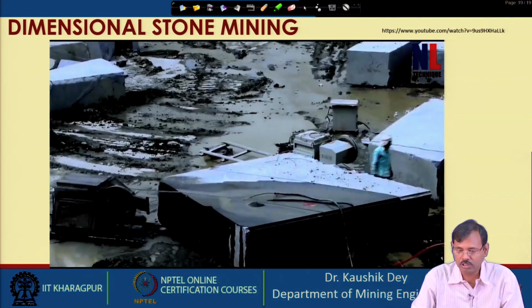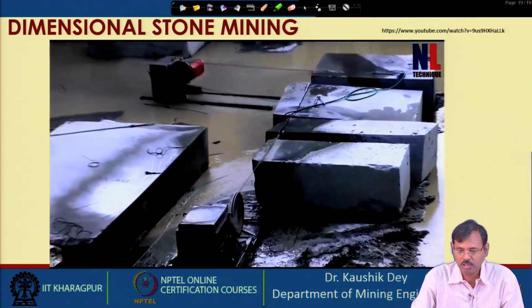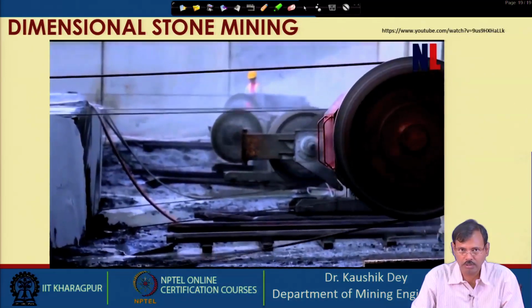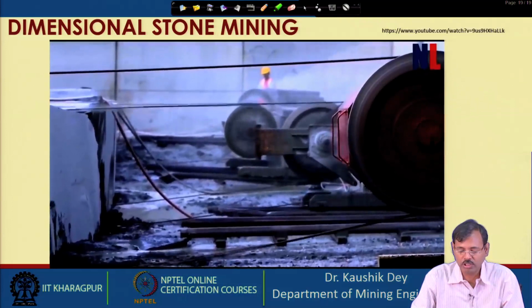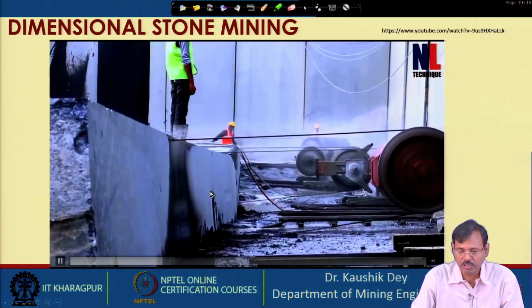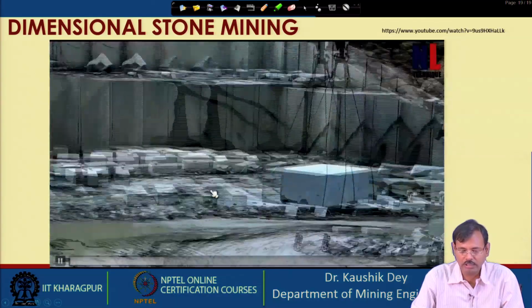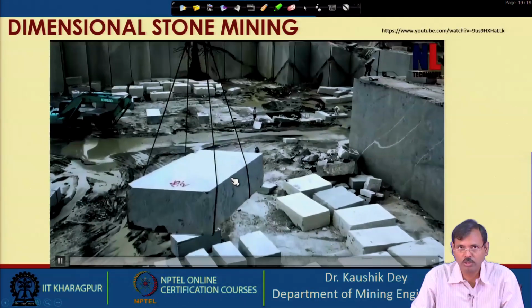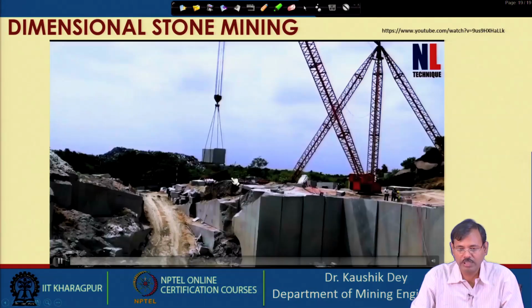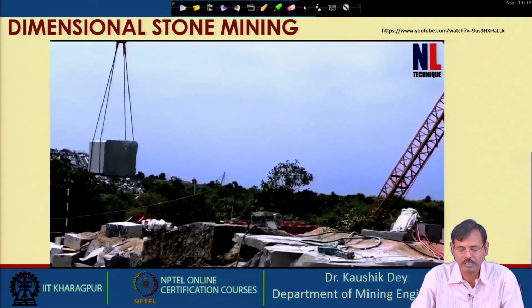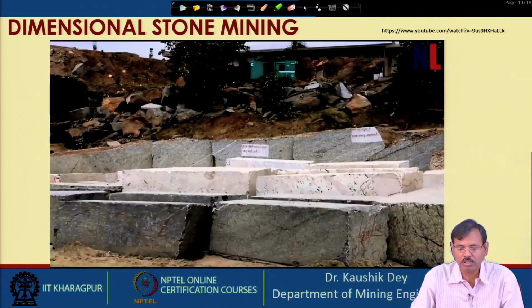And this is the slot drilling being carried out, and this is the diamond wire cutting of the blocks. So, actually we have to avoid blasting, because blasting generates a huge shock wave that damages the block. So, that is truly unwanted. Damaging of the block is truly unwanted, since any crack initiated in the block reduces the commercial value of